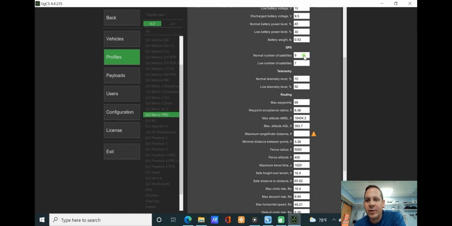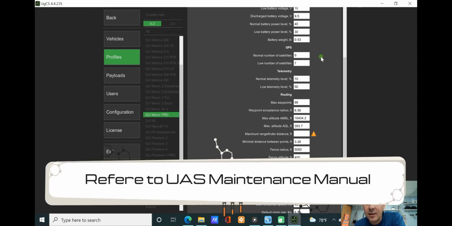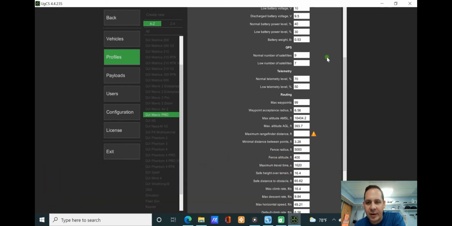So in order to actually fly the mission, you have to be linked to 9 satellites. I do not recommend interfering with this, leaving it at 9 as the minimum. But if you need to, for whatever reason, bring that number down, go ahead into here and decrease that number from 9 to whatever you need it to do, because you'll see as you're uploading all your information and all